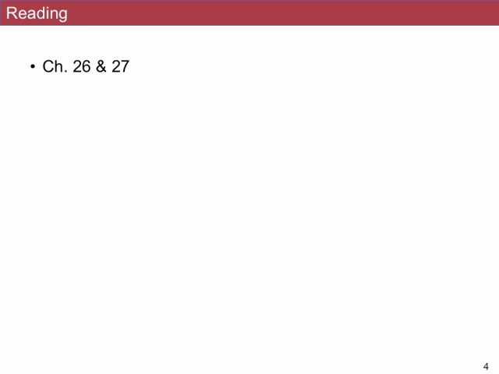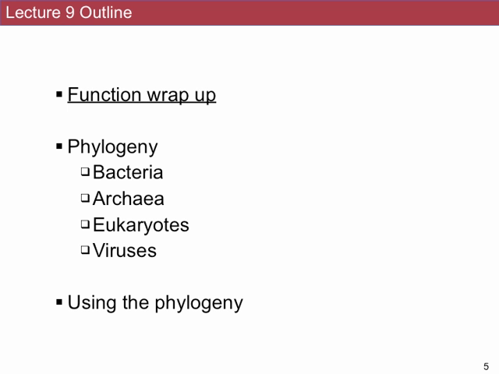So the reading for this, again, is chapters 26 and 27. This covers the diversity as I've presented it, in essence, the diversity of form, some of the diversity of things like motility that I already talked about, the diversity of function, and then the phylogenetic diversity in 26 of bacteria and archaea, and in 27 of microbial eukaryotes. Really everything but plants, animals, and fungi. And you really have to read chapters 26 and 27 and understand much of the material in there. I'm going to try and give you some guidance about what aspects of it to focus on as we talk through it.